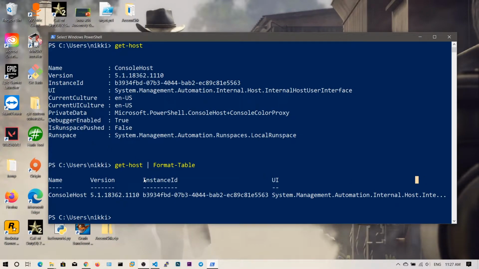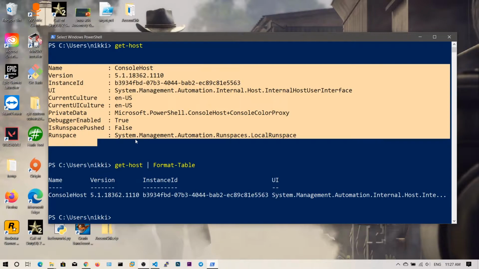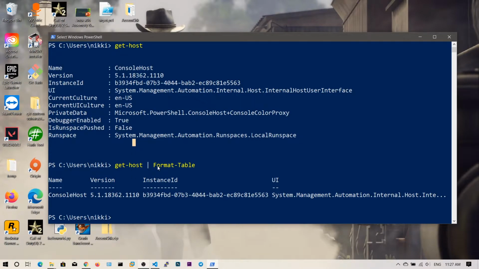If you want to have 4 or 5 columns, then it's better to see them in the table format. If you have more columns, meaning more property values, then the list view is very convenient. So if you want to convert this into the table format, you need to pipe the command into Format-Table.